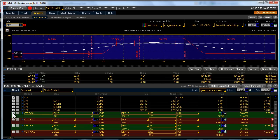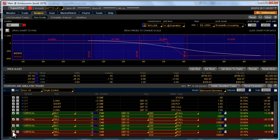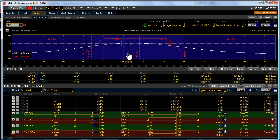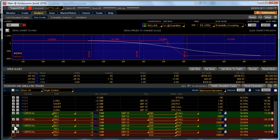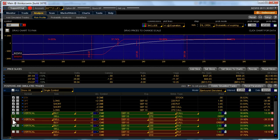So let's go ahead and execute all these trades as of today by checking on these boxes. And we'll go back up here and take a look. Oh, we're down to $644. So basically, that's our $10 times the two positions that we have, which is like $20. So $644 versus what it was at $684. So it's $40. So it's going to cost me actually $40 in profit to roll this down. I still collect 644,